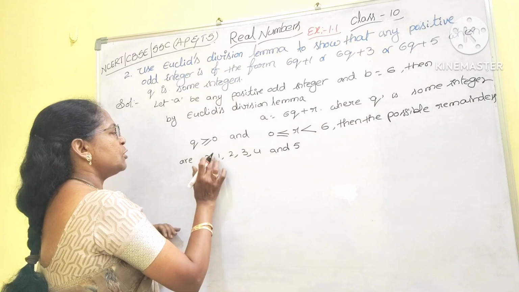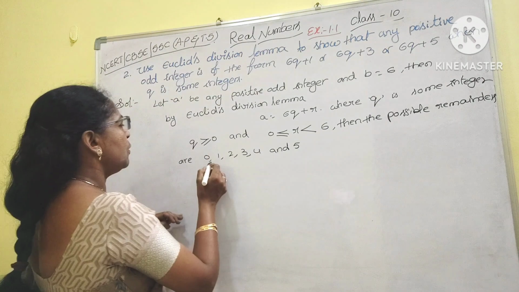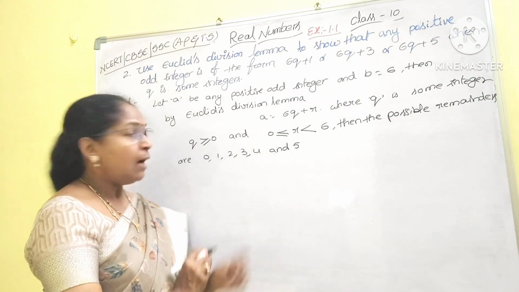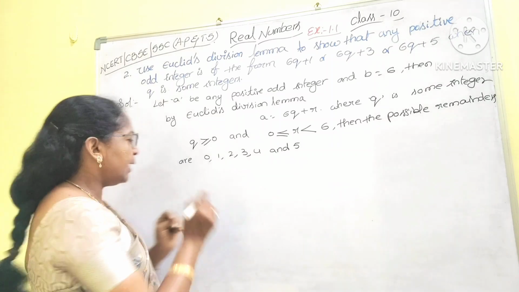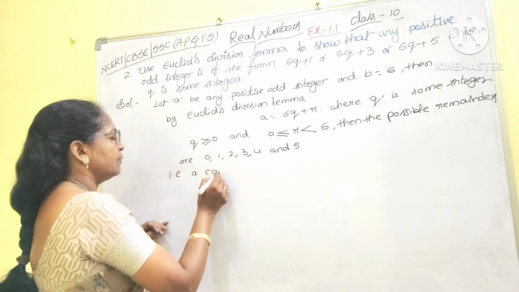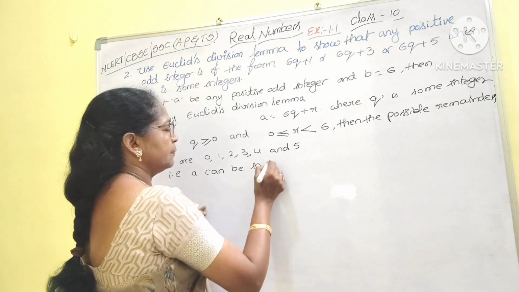Any one of 0, 1, 2, 3, up to 5 can be the remainder. That is, A can be of the form